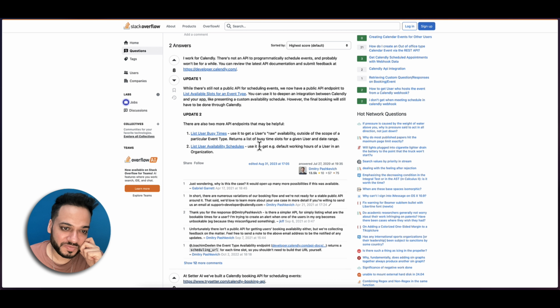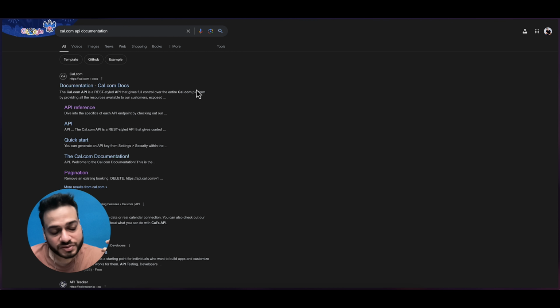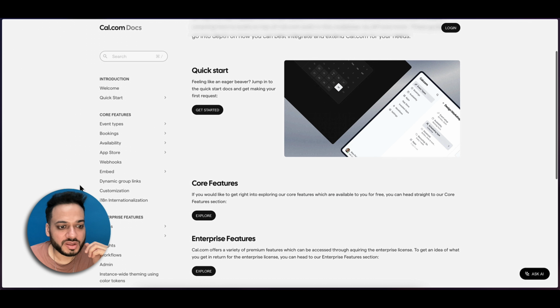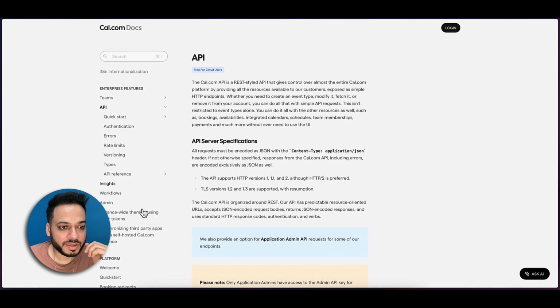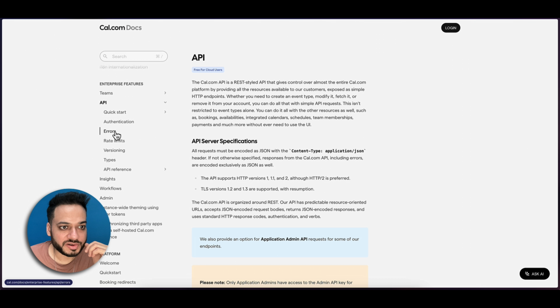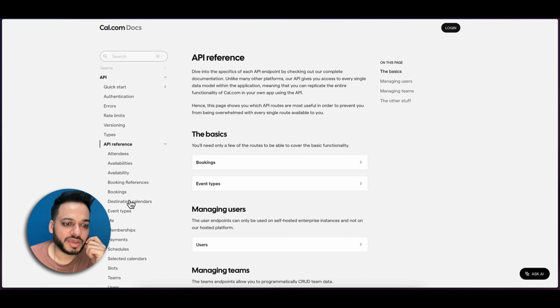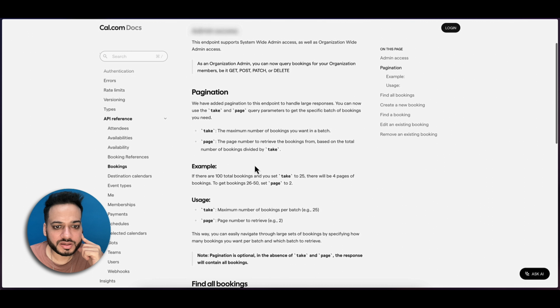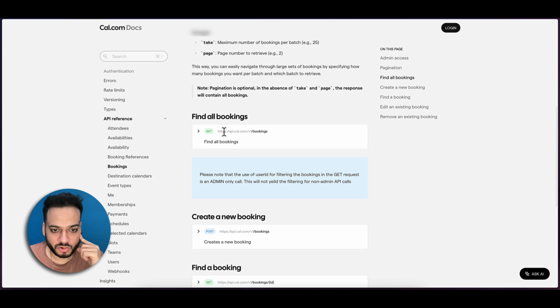That's stupid, right? And even if I go to the nearest tool, which is cal.com, and I go to the cal documentation, and I see the API and I see quick start, errors, rate limits, all of that. Okay, so this is the API reference, right? If I go to booking, here you can have get all bookings, correct?